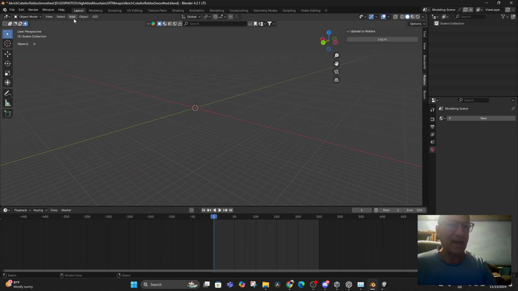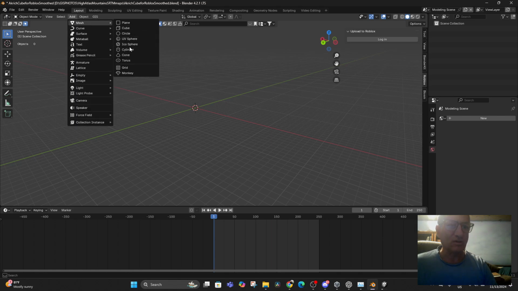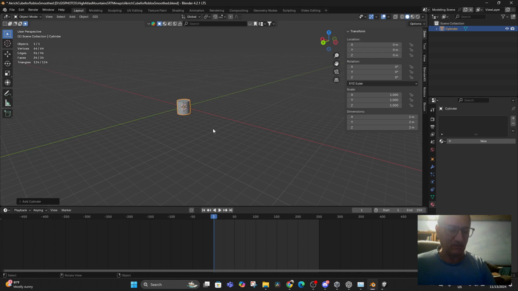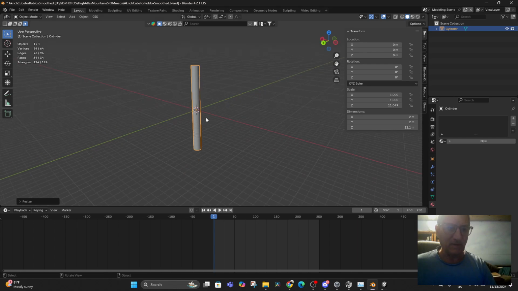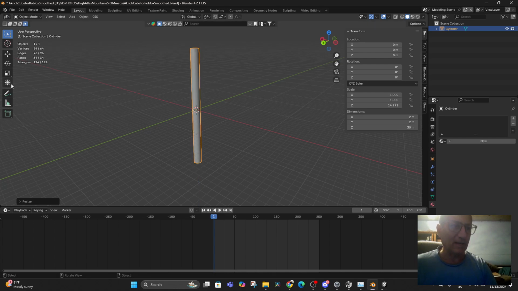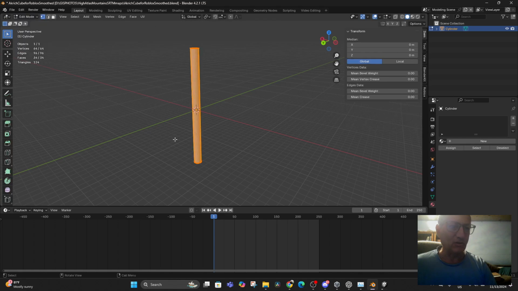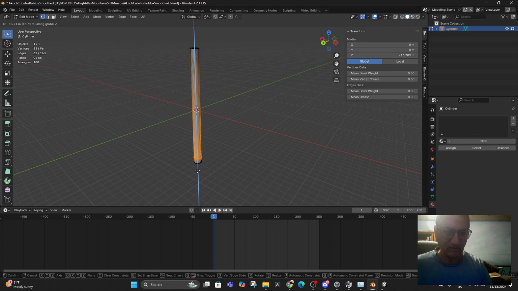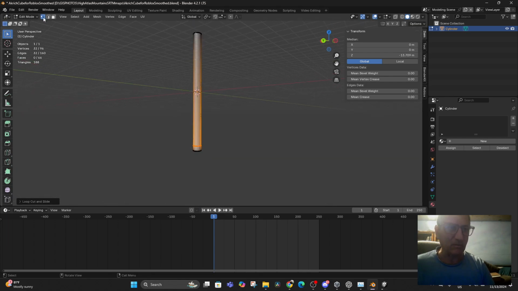And I'm going to add a mesh cylinder, and I'm going to scale that cylinder up in Z, and that'll be my primary tree. Then I'm going to go into edit mode and loop cut it with Control R. So if I go Control R and loop cut and then use G, I think, to bring it down in Z, I can bring that down to here